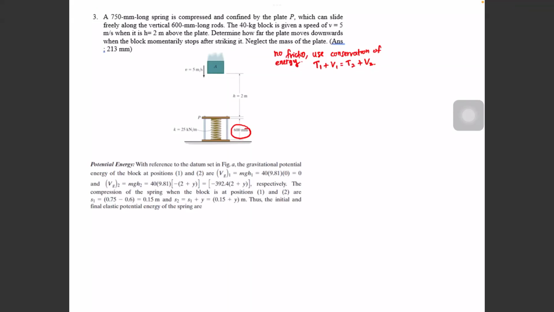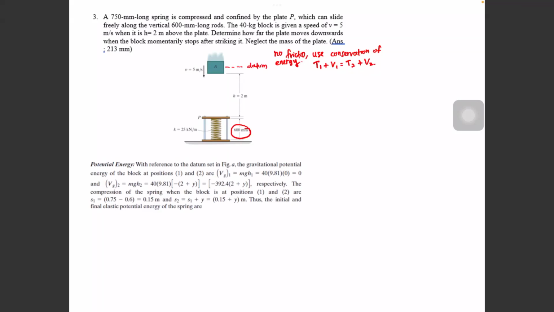So let's say we have a datum in figure A, the figure is not shown. The gravitational potential energy of the block at position 1 and 2 are Vg1 is equals to mgh. Let's say our datum is here. To use conservation of energy, you need to set a datum. Let's say we set the datum here. So at position 1, the Vg1 is,